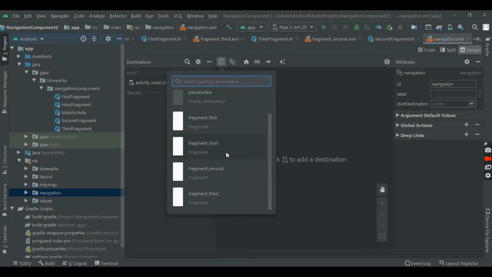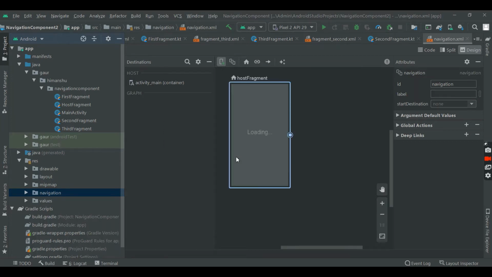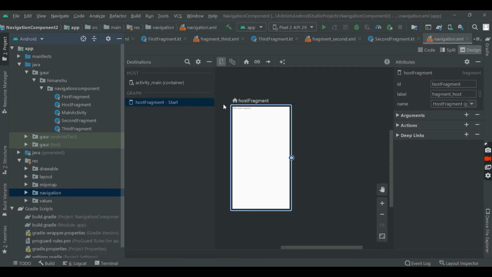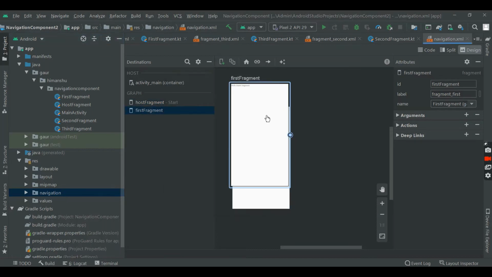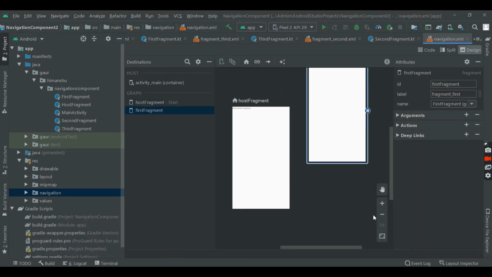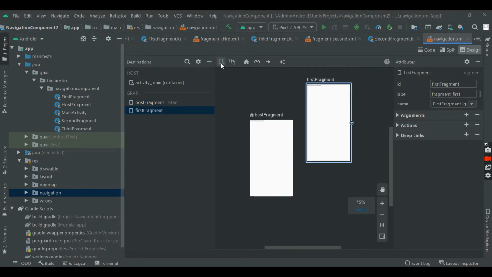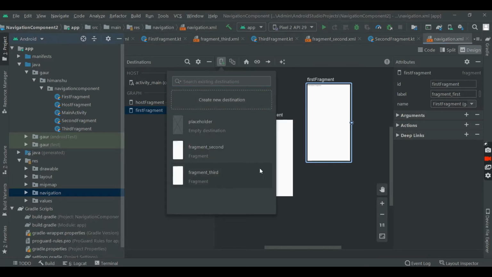It will give all the fragments which you have created in the package of navigation component, in my case. So first I need to add the host fragment and second the first fragment. Let me zoom it out so that it's easy to show.